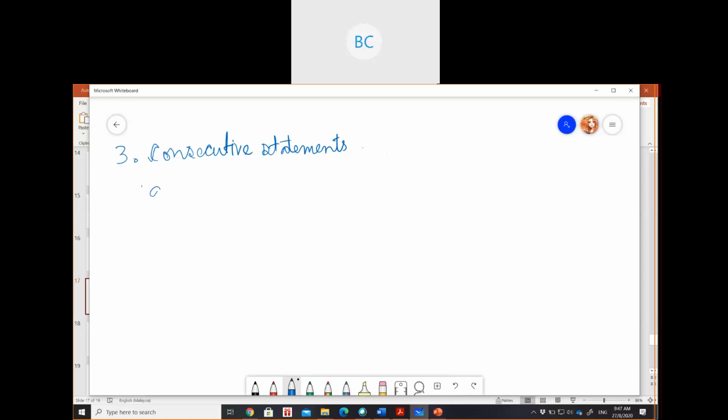Let's say a plus b is one line. Then we have a for loop. There is a statement inside; you can take any expression, it doesn't matter. Then there will be another for loop.